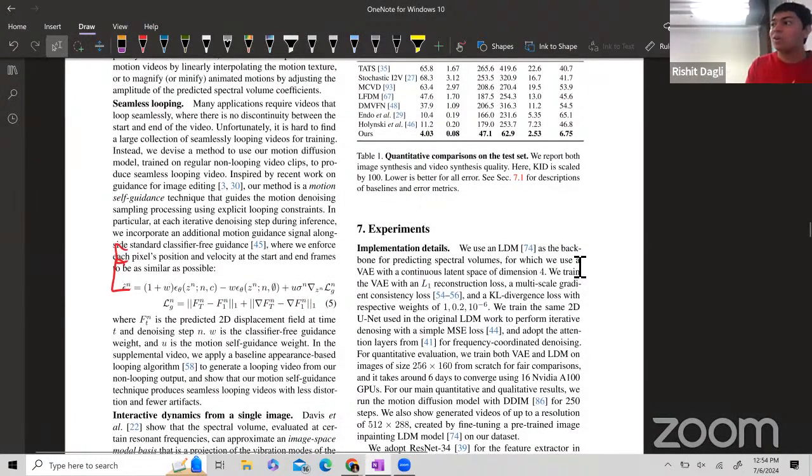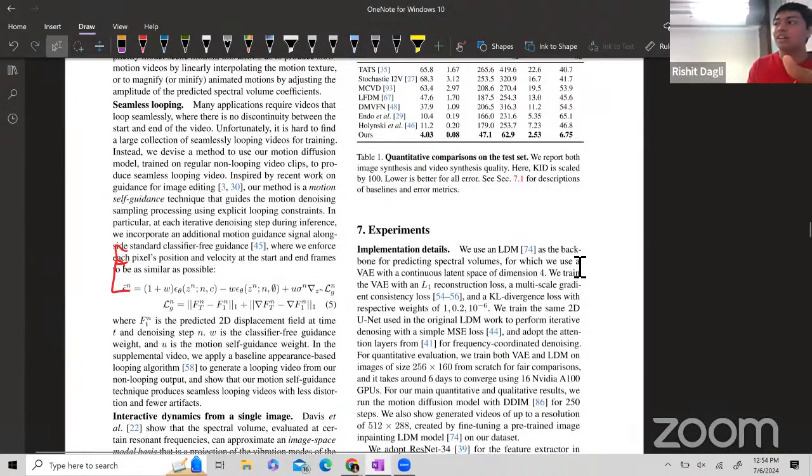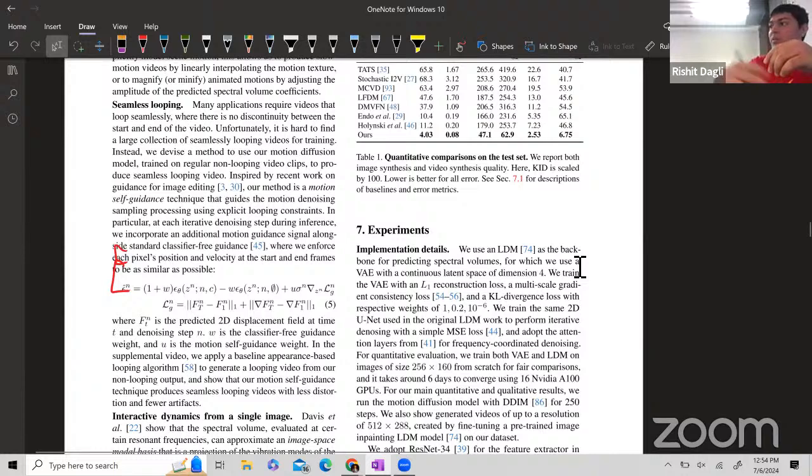It can somehow learn to do this for rhythmic motions, because all the motions they generate are rhythmic motions, right? So I would assume it would be really cool if they could have this be an inherent capability without making all these changes to classifier free guidance. That would be super interesting.